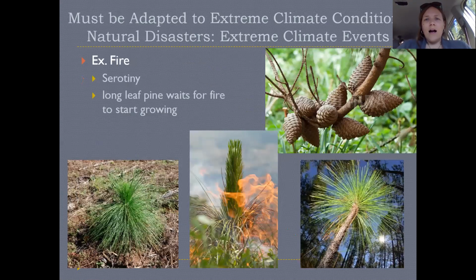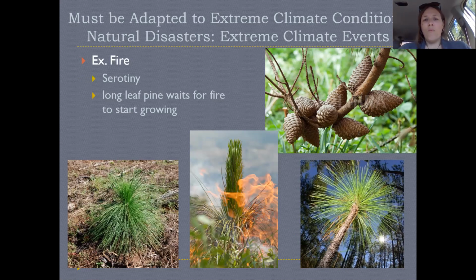And then a couple more things I want to mention are that, one, an organism doesn't only need to be adapted to live in the kind of average climatic conditions, but they also need to be able to survive extreme climate events that exist within a certain climate zone where they might be living. So, for instance, if they live in a region where there are intermittent hurricanes, maybe they're only once a decade or once every 50 years, but if an organism wants to continue to exist in that ecosystem after that event